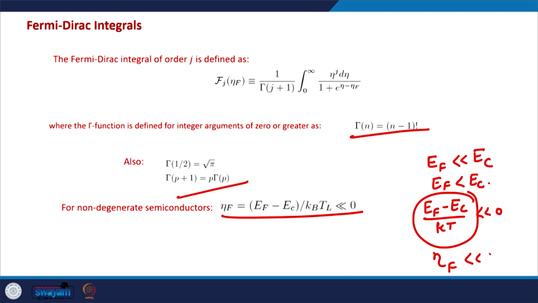So in non-degenerate semiconductors generally eta f is quite small, it is a negative number, less than 0, and in those cases the Fermi-Dirac integral of order j